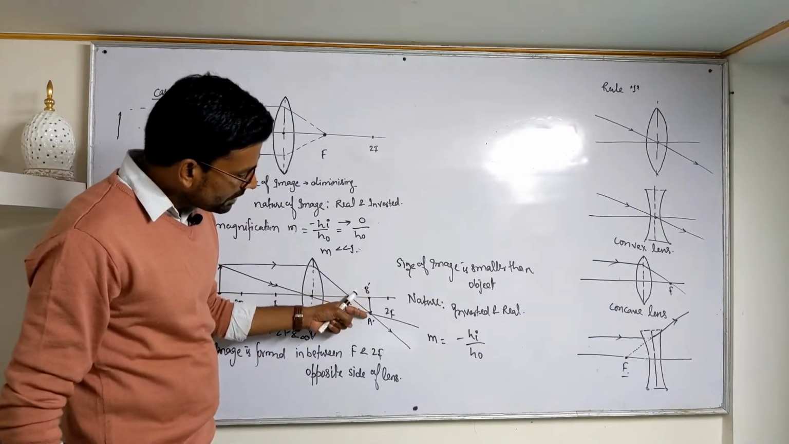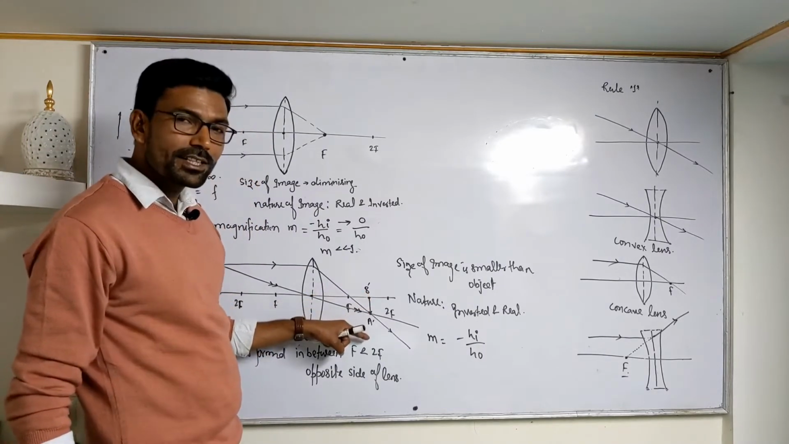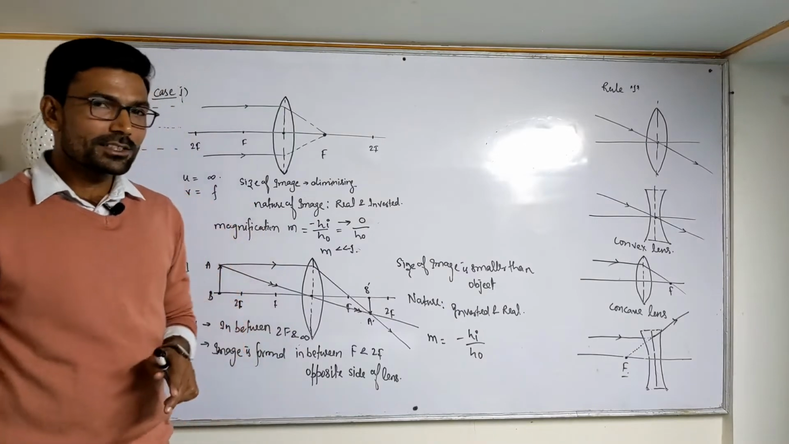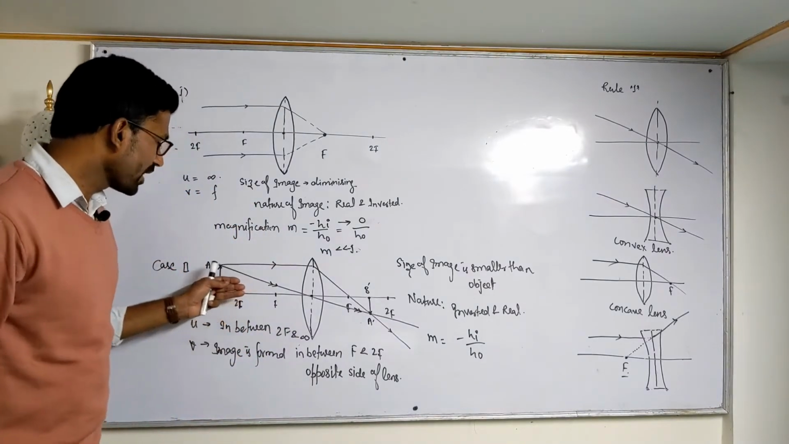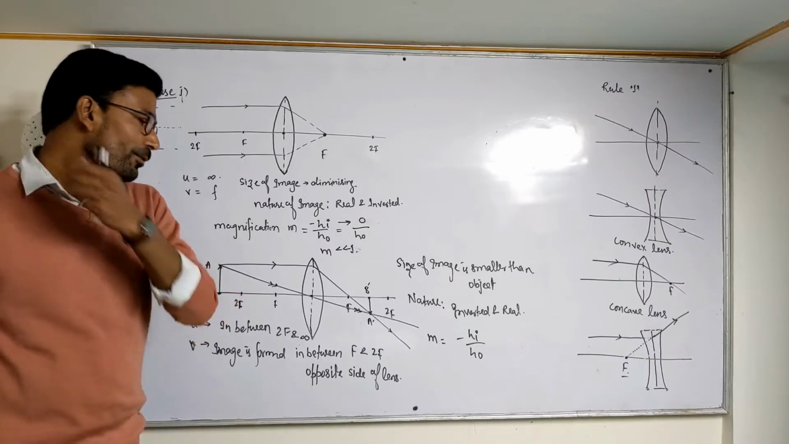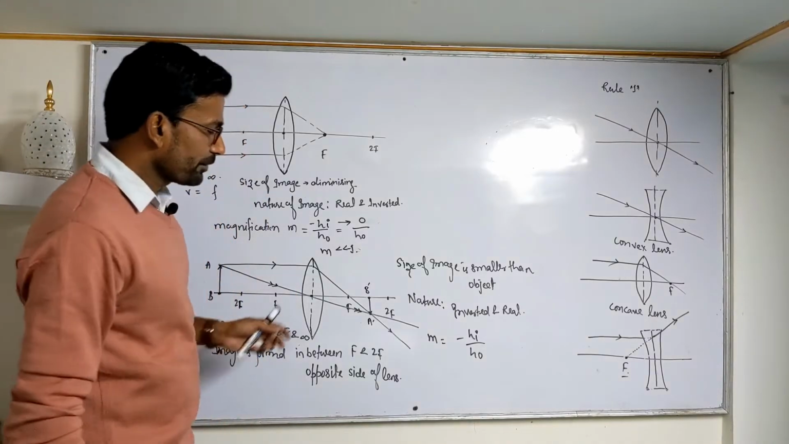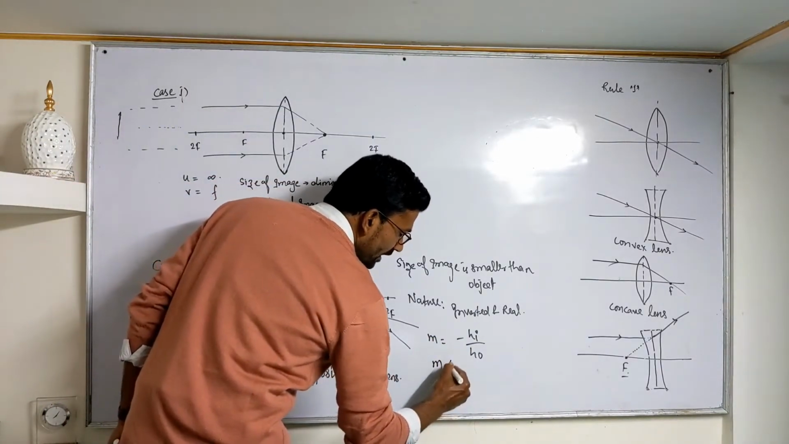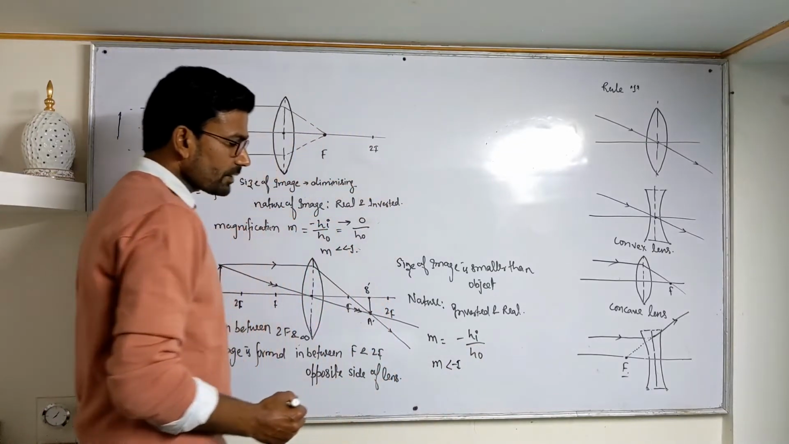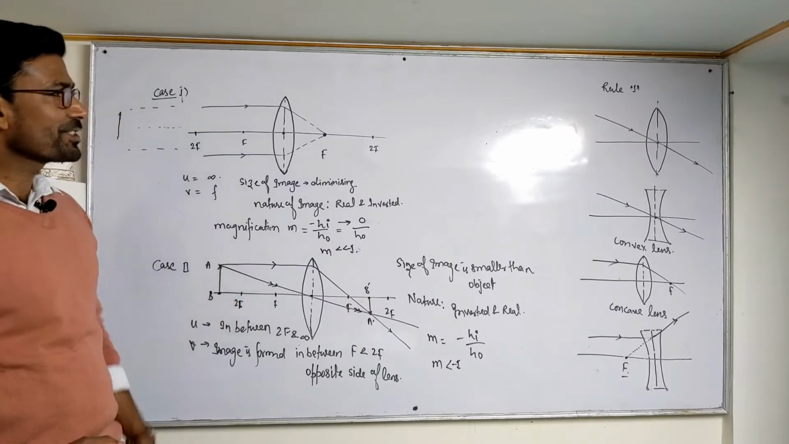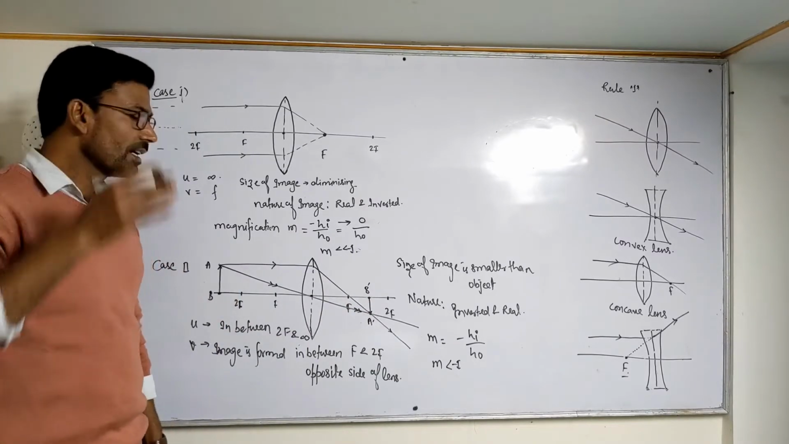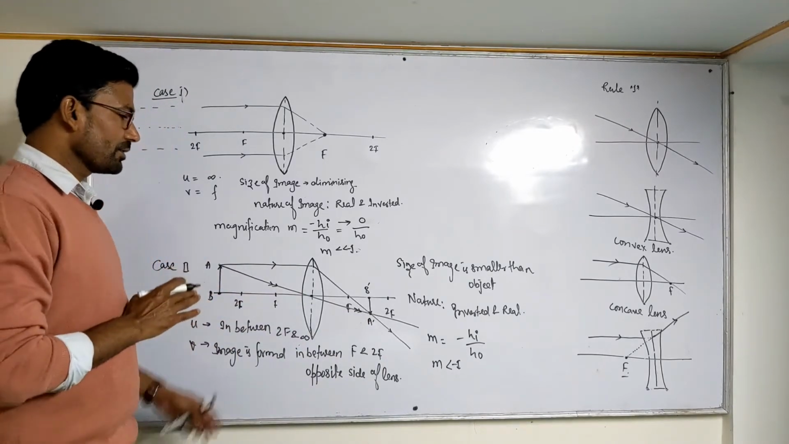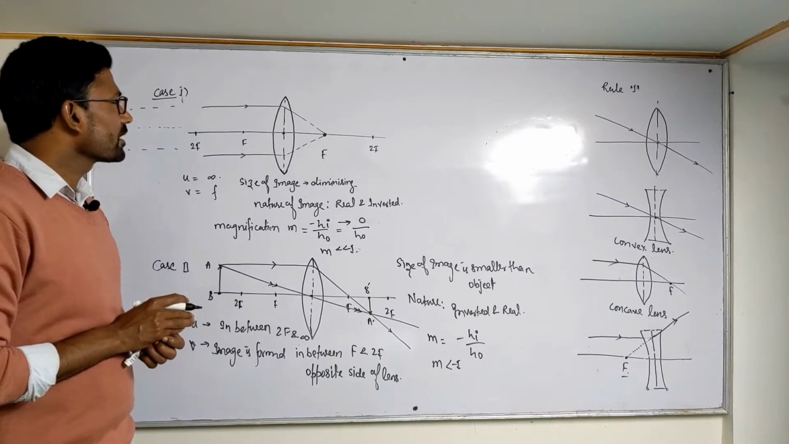Because this distance is below the principal axis. By the sign convention, all distances measured below the principal axis are negative, and all distances measured above the principal axis are positive. So from the magnification, we can say one thing: magnification is less than 1, minus 1, because the height of image is less than the height of object, the size of image is less than the size of object, and because it is inverted, a negative sign is inserted before the 1. So these are two cases